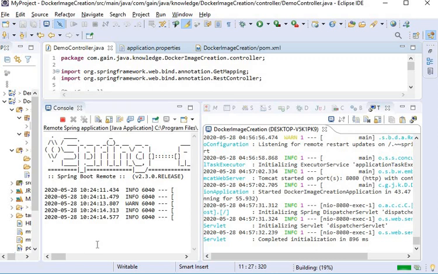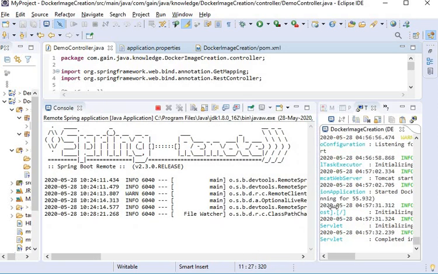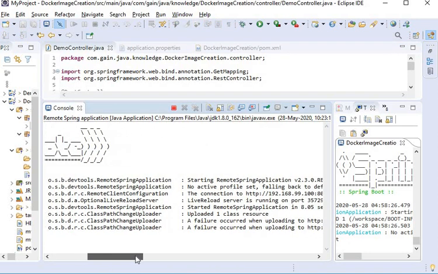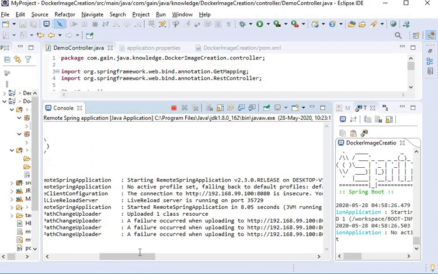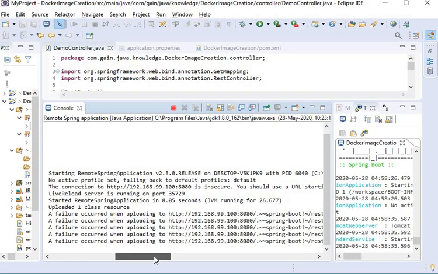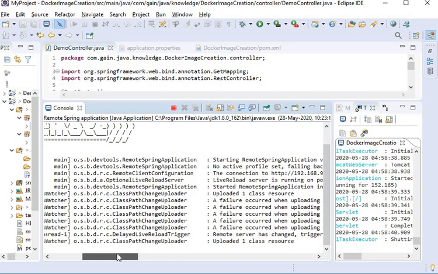Here is my remote application that is running, and it acts as a watcher that will watch the changes. And here you can see uploaded one class resource, and here it's showing some failure, and remote server has changed and triggering.